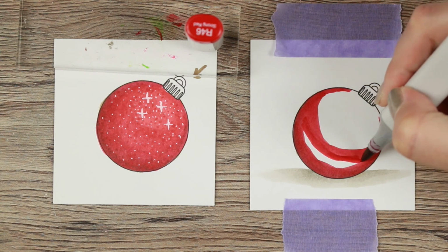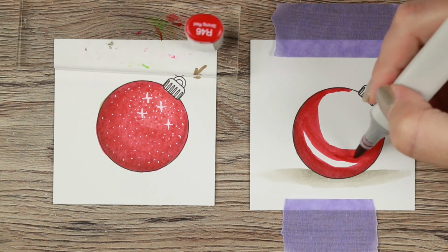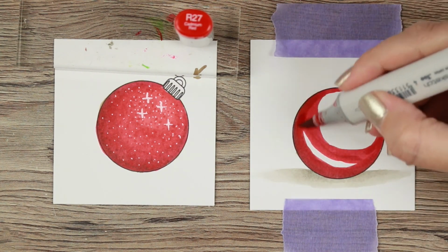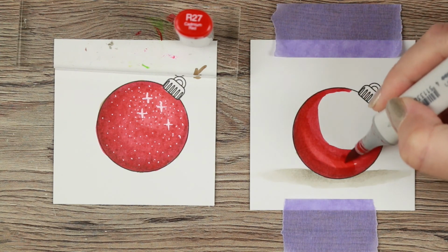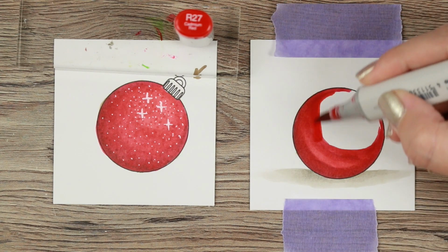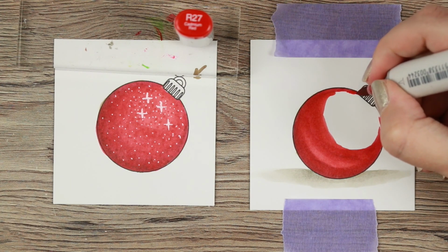Again, I'm doing the little reflective light moon with the R46. I'm taking my time here. This is my 4th bauble that I've been coloring. This time I decided, well, I'm going over with the R27 anyhow directly, so this is how I'm going to do it. Reflective light is usually a little bit duller than the